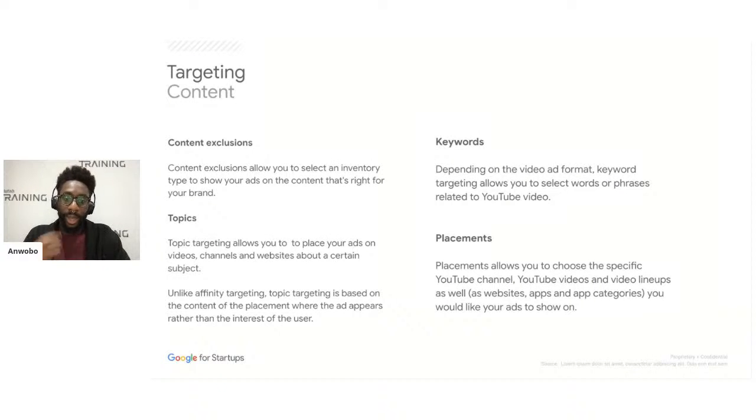Every time you increase one of the targetings to match the content targeting. So basically, if I have audience targeting and I add in some placements, a specific YouTube channel, it now means that the user must be of a certain demographic, of a certain audience interest, and where I can only show my ad if they are on that channel.